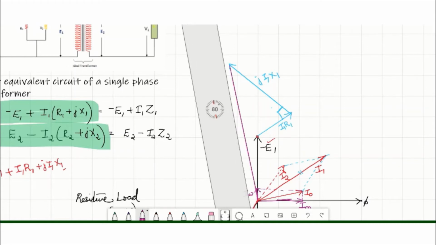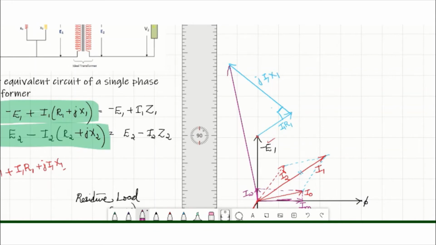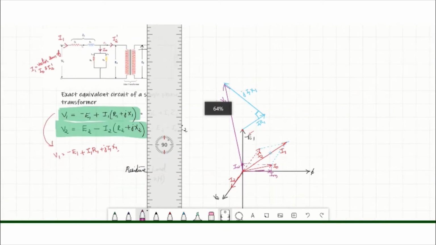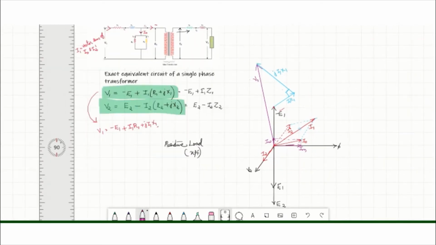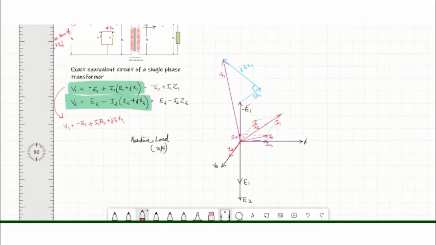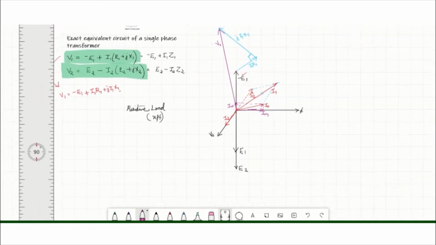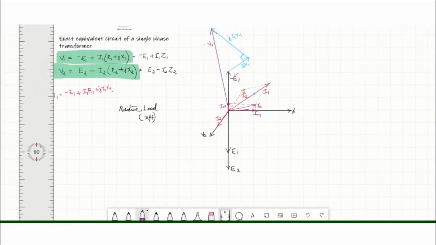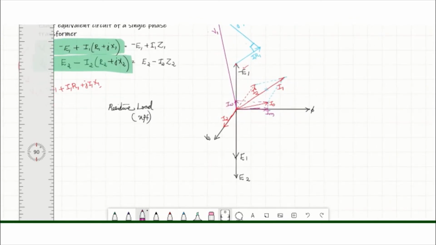This is V1. So we got phasor V1. So the primary side is completed. Now consider the secondary side. V2 is equal to E2 minus I2 R2 minus J I2 X2. Here we have V2 here. Now we have to add